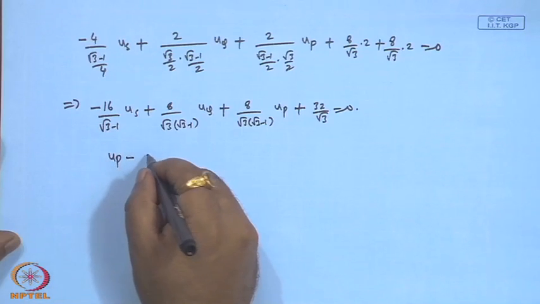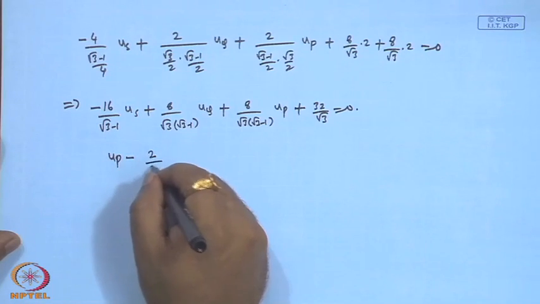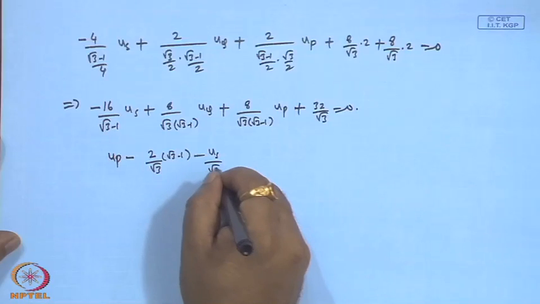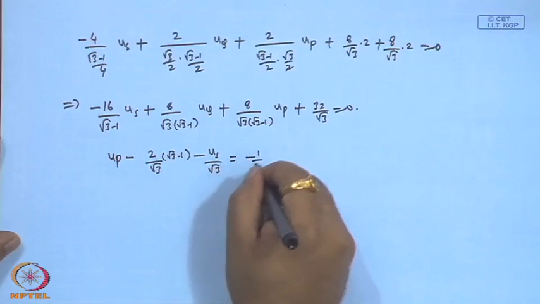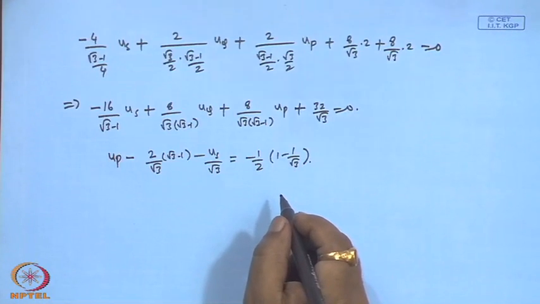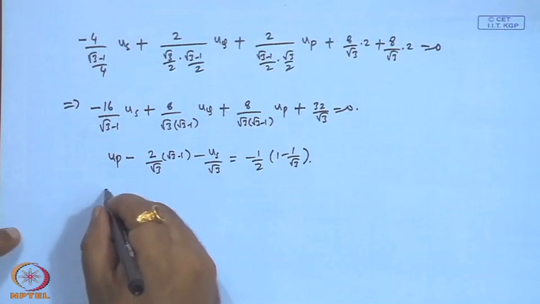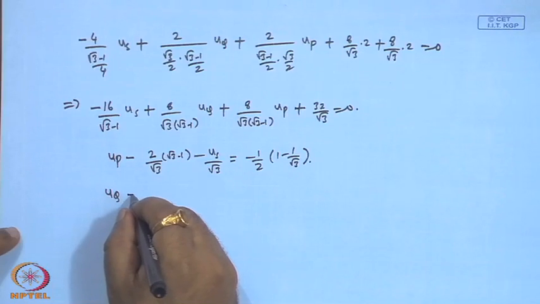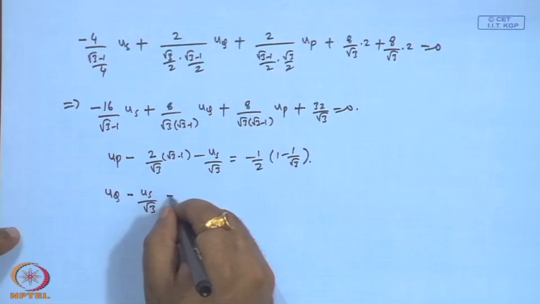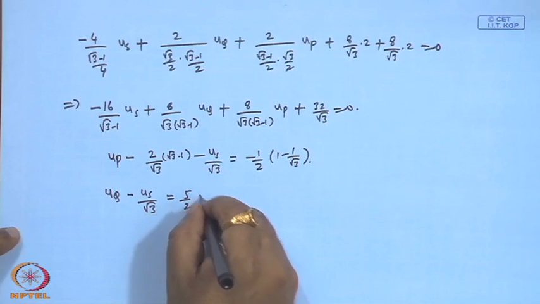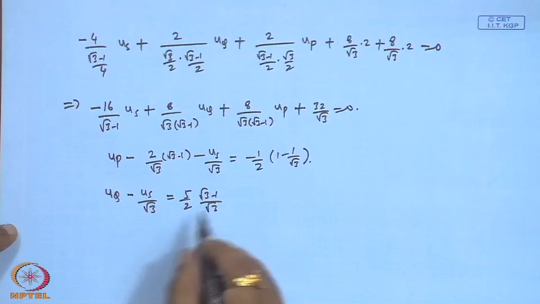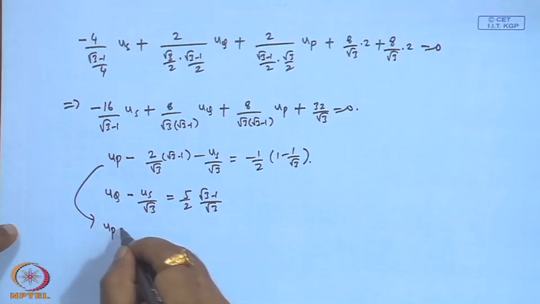U p is to. So, this is one equation, and similarly U q. So, you can simplify, and moreover this can be simplified